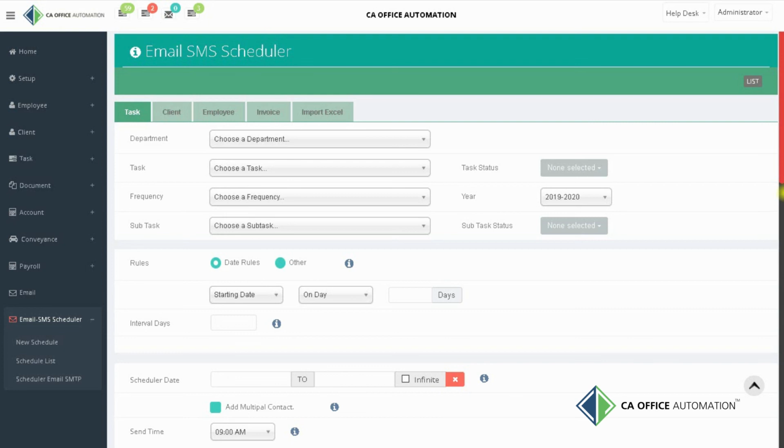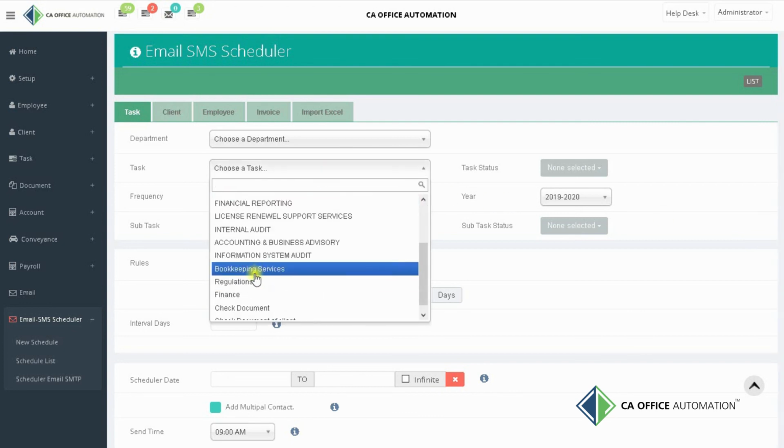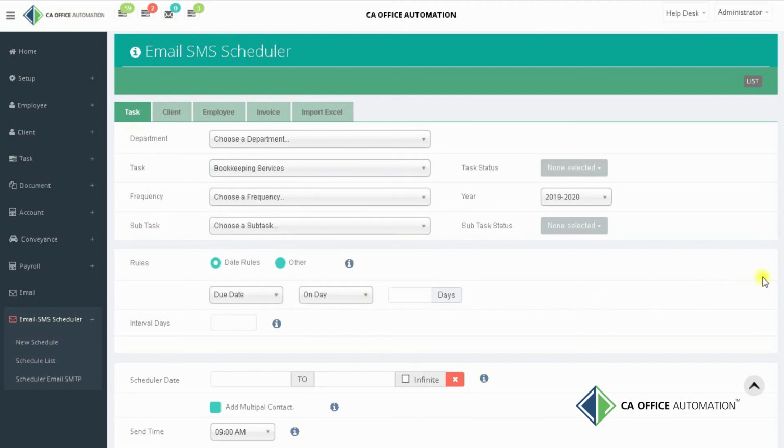From here, you can schedule auto email or SMS with respect to the date, start date, effective date, or due date of a particular task or bunch of tasks, for a particular time period. For example, you can schedule email or SMS for a particular task so that you can send a reminder message 10 days prior to the due date or maybe a daily notification from 5 days prior to the due date till the due date.